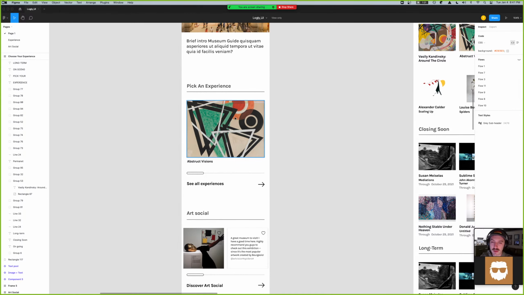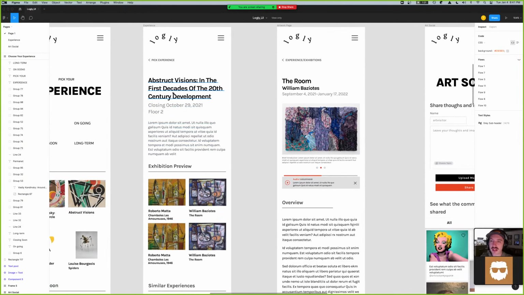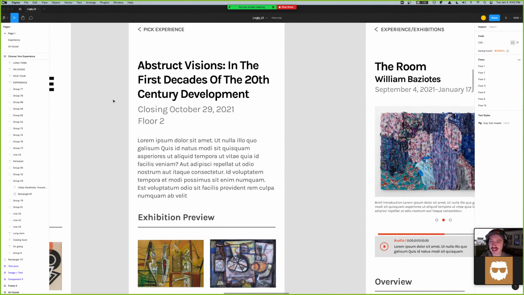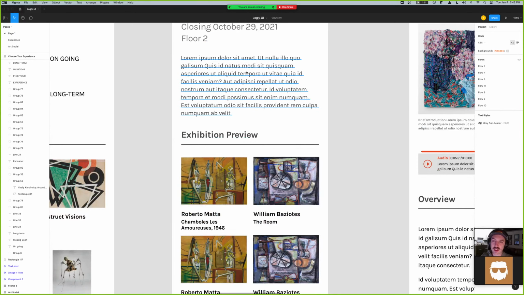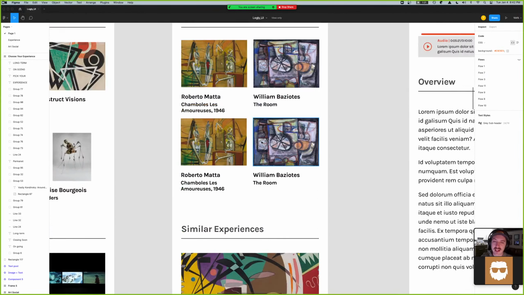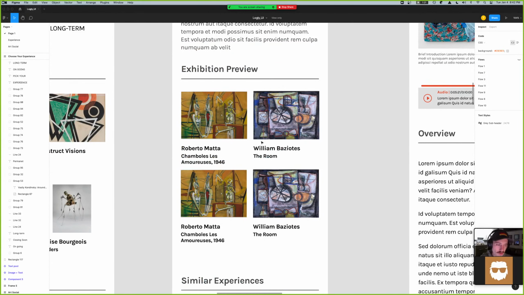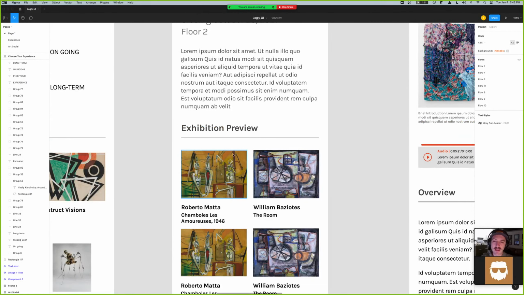When you click on an experience, it takes you to that individual page here. And an experience, much like a blog post, is going to have a title, a date, a description, and a gallery of images within that experience. So, not too far off from an actual blog post, kind of image heavy.